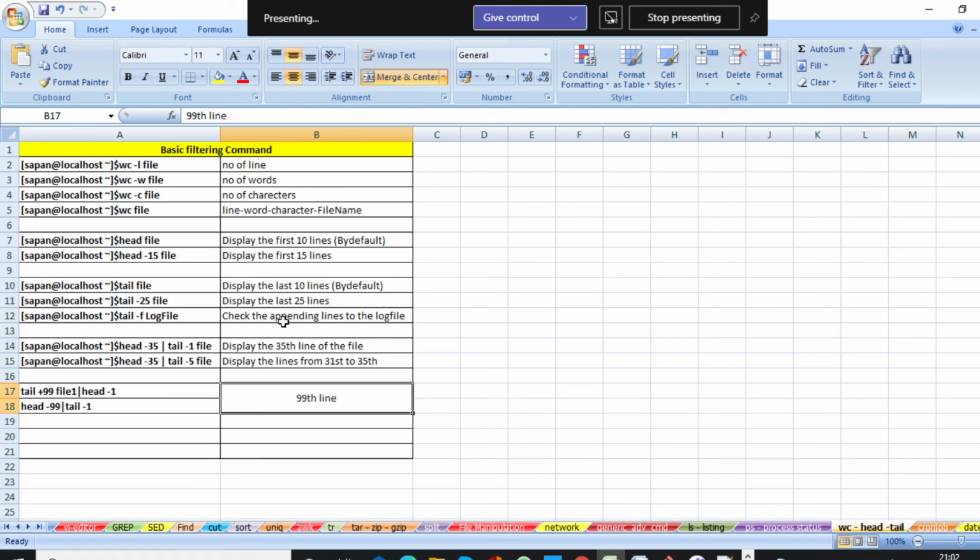In that case, what you can do is open the file with tail -f then your log file name, and whatever new data is getting appended to that file, you can see those lines. This is why you use tail -f then log file name.